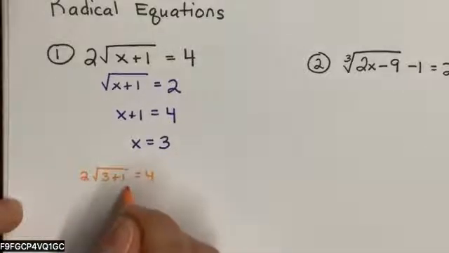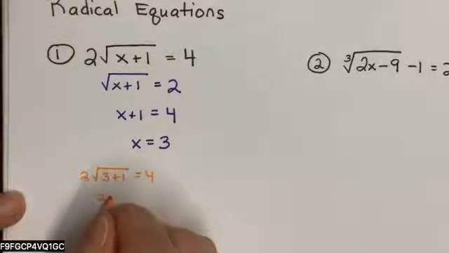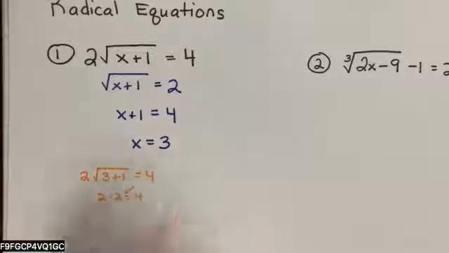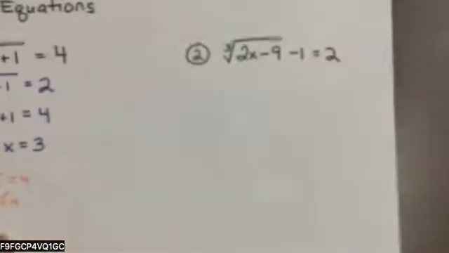So 3 plus 1 is 4. 2 times the square root of 4 is 2 times 2. That works. Everything's good. Okay, that didn't seem so bad. Now, number 2,